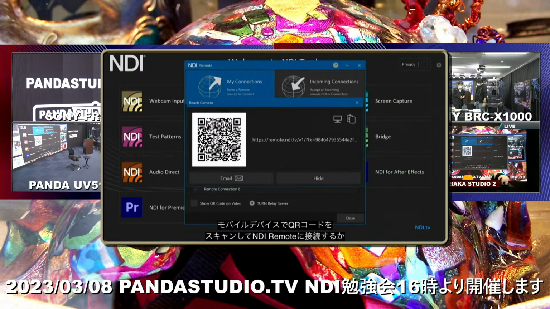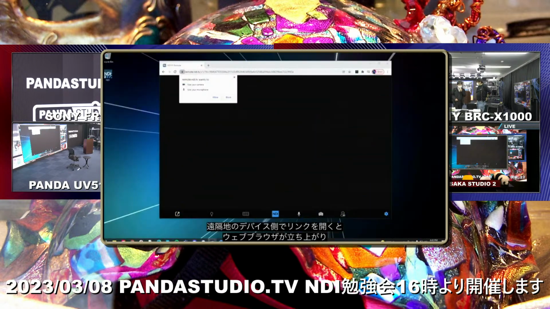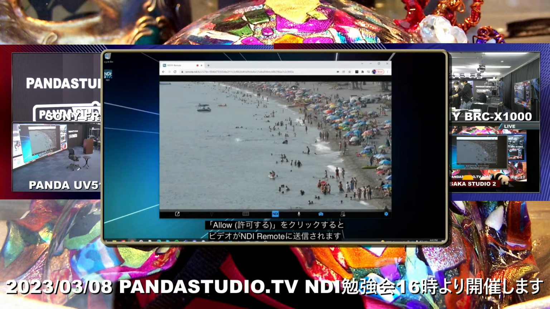You can either use a mobile device to scan the QR code to connect that device to NDI Remote, or you can also email the link or copy the URL and send it via a messaging application. On the receiving device's end, once the link is received, it will open up in a web browser and prompt you to allow for remote NDI.tv access to your device's camera and microphone. Click Allow, and then you'll see the video feed from your device is now being sent to the NDI Remote